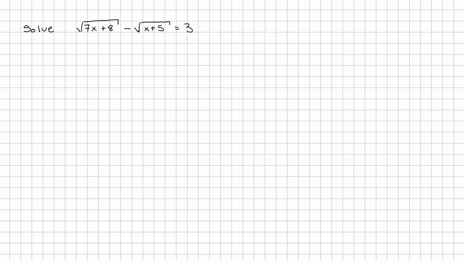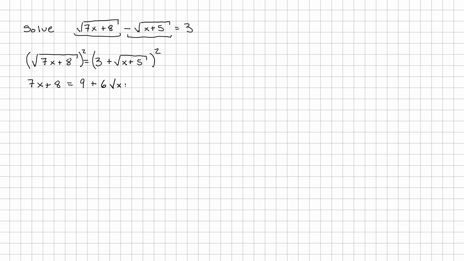Okay, so again, we want to isolate one of our radicals first. So I think it's going to be easiest to isolate this one first, though if you chose to isolate the other one, you'll end up in the same place. So I'll add square root of x plus 5 to both sides. And now I'm going to square both sides. And on the left, the square root and the square cancel out. On the right, we'll have 3 squared is 9, plus 2 times 3 is 6, root x plus 5,